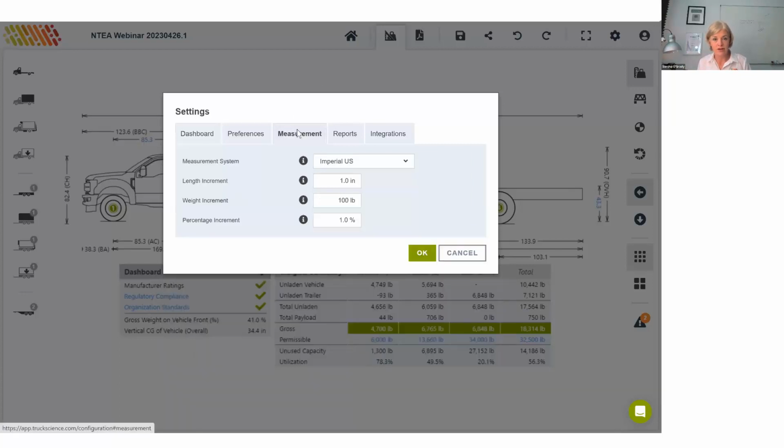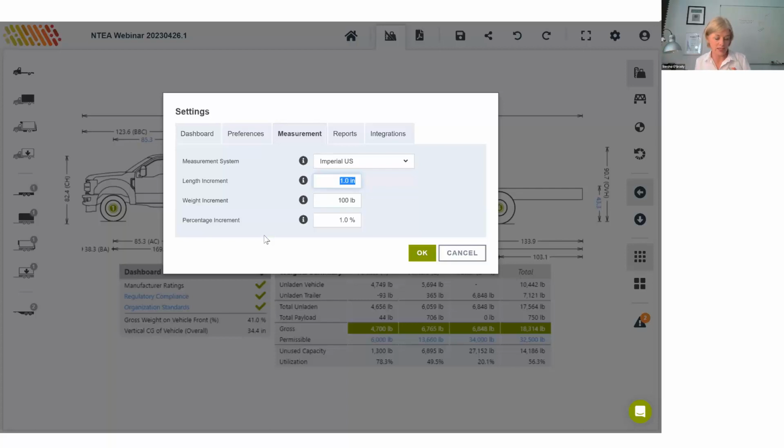You can define your preferred measurement system. We covered that already as a question, so you can switch from imperial to metric there. You can also change the increment. So when I press an up or down, a plus or minus sign, the increment by which the dimension will change. So, you know, if you tend to work on larger vehicles and you want things to change by 6 inches at a time, you should just set that up in here, and the same applies to the weight increment